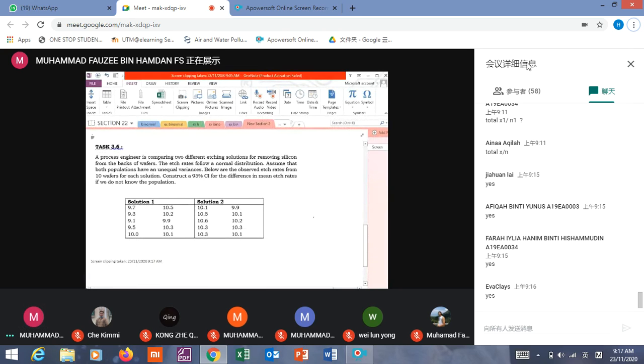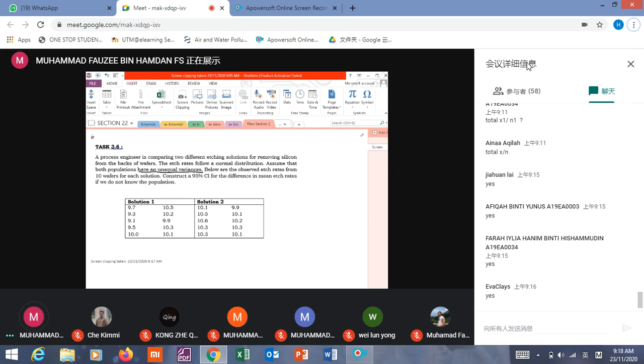Same question, same data, but this time we have an unequal variance, and we don't know the value of the variance. Since we don't know the value of the variance for both solutions and they have unequal variance,